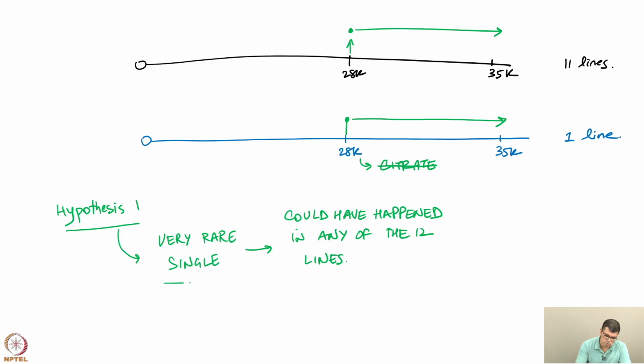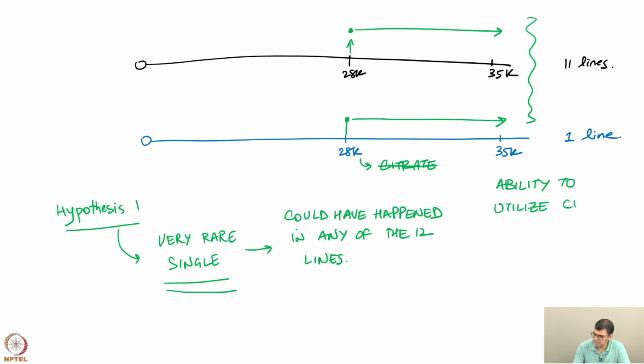And if hypothesis 1 is correct, then the ability to utilize citrate is conferred because of this very fortuitous single rare mutation, and that single rare mutation could happen in any one of those 12 lines. So the ability to utilize citrate could come up, or let us say should come up